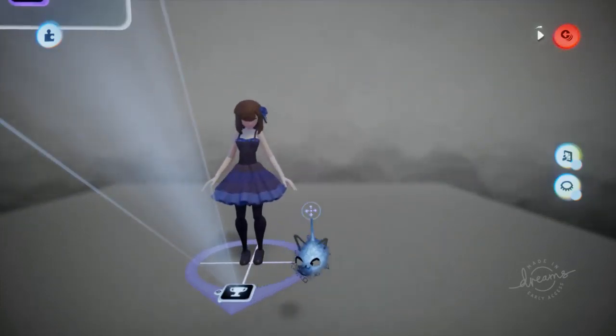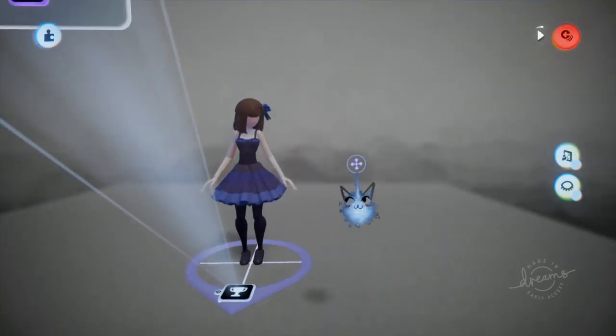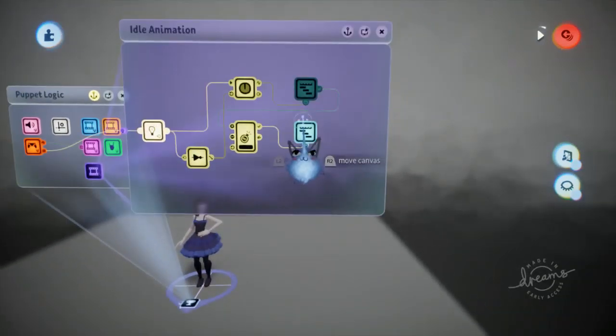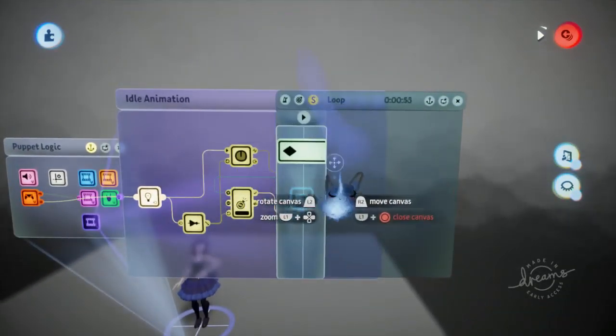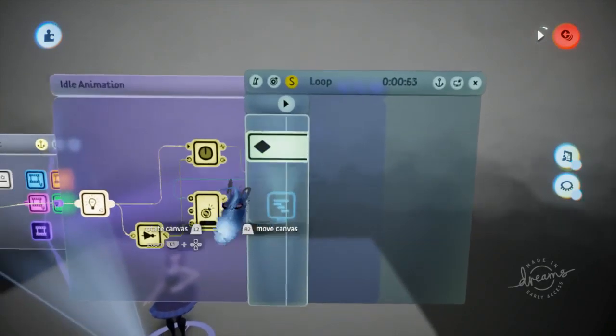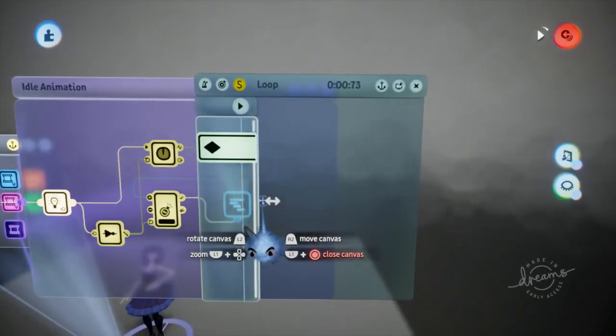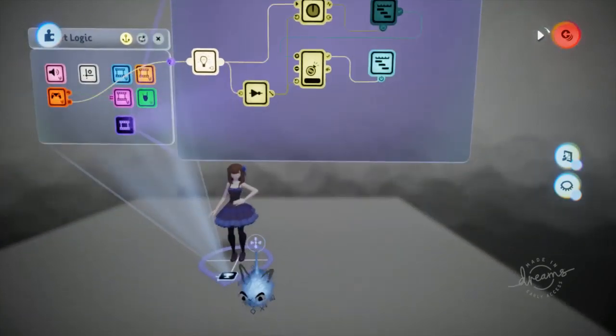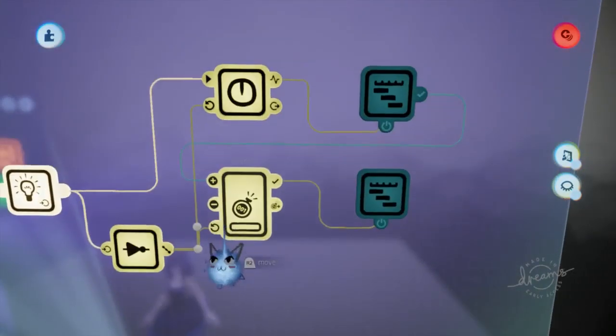Go ahead and play. Yep, and as you can see, we're looping on here. So if you had an animation that you wanted to loop, this is what you would do. Just have it like this, and then if we were to play, actually,